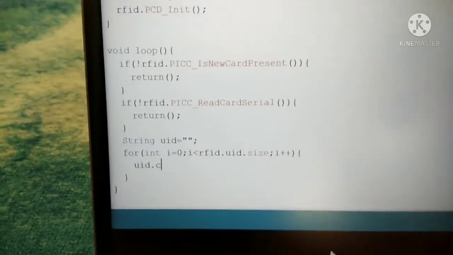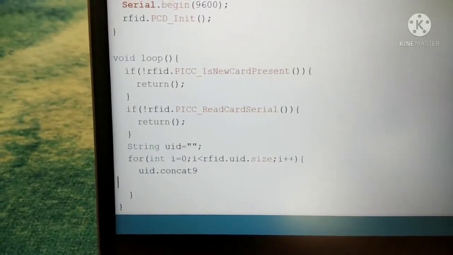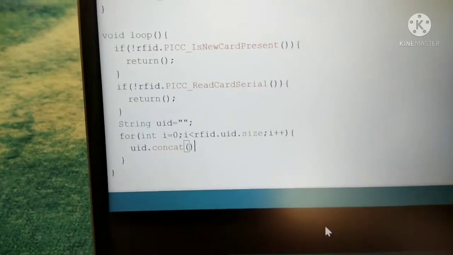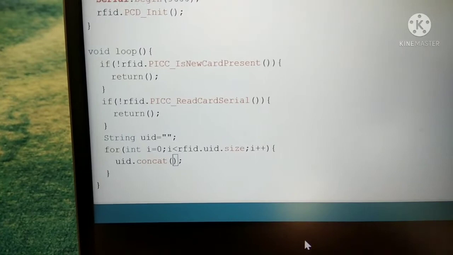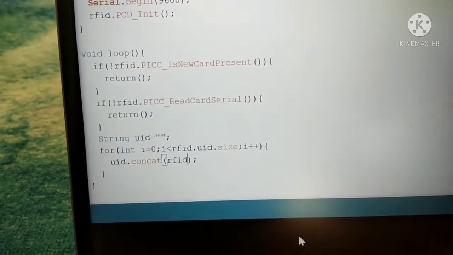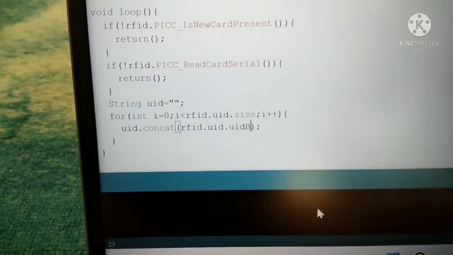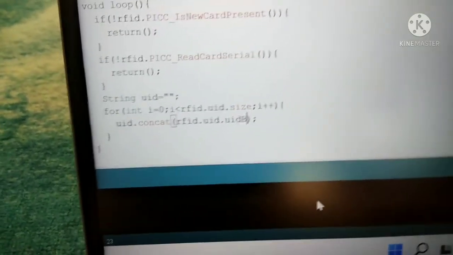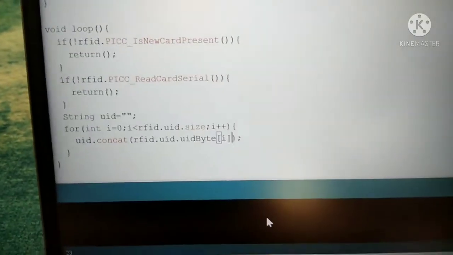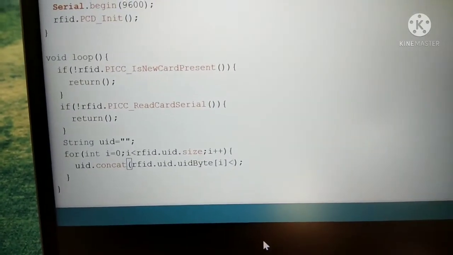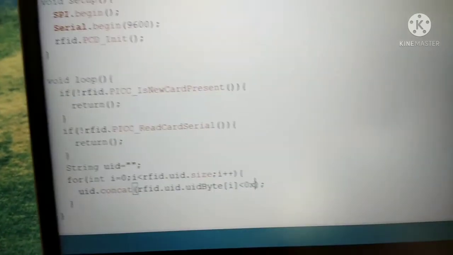So that we'll see afterwards, but for now what should UID do? UID.concat. So concat is just a short form for concatenation, which is a coding process in which two or more strings can be joined. So first of all we'll check whether RFID.UID.UIDByte[i] is lesser than 0x10.